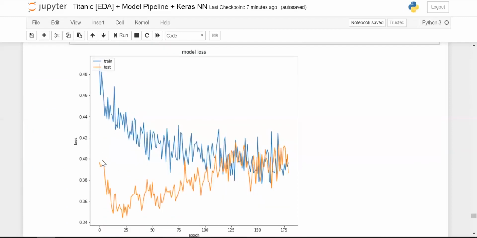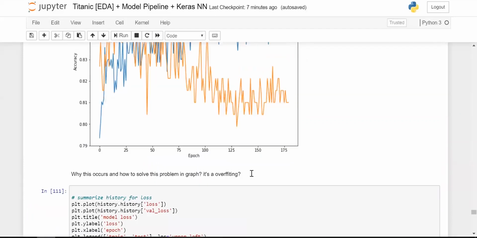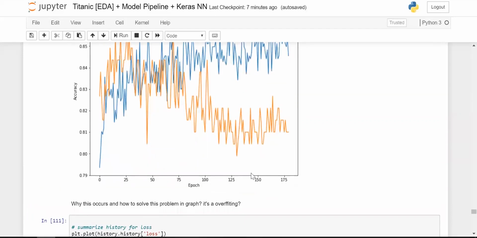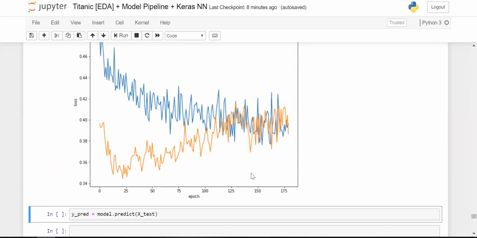So loss, in its best sense, has to be kept as low as possible. So lower loss, higher accuracy always gives you an excellent model. So same exercise. The one in blue is training loss and the one in orange is testing loss. So what we can say is somewhere around here, you have the training loss low and testing loss also correspondingly low. It's up to you to choose which metric to determine the model that you will be using for your further steps as a data scientist.